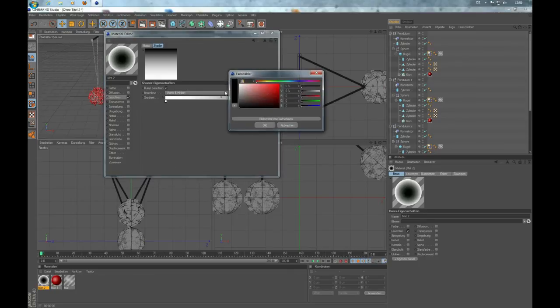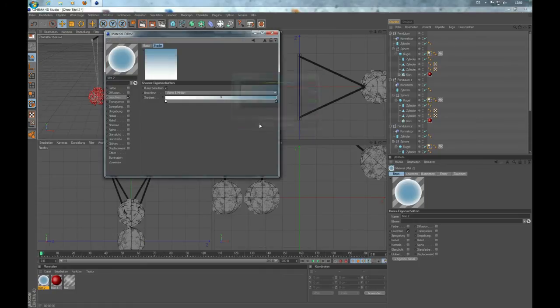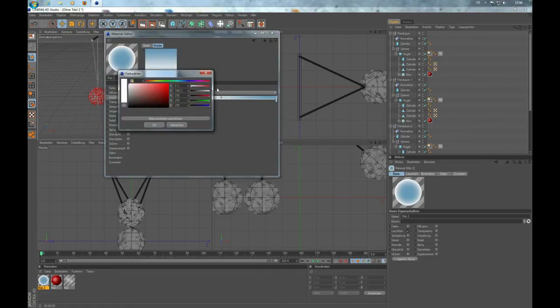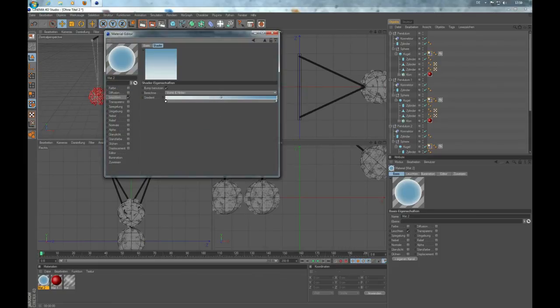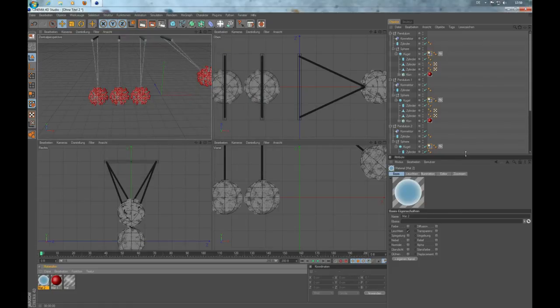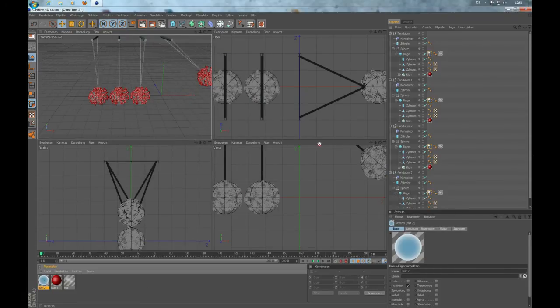Let's take a color. Let's make it bluish, from bluish to a little lighter bluish color, something like that. Okay, and we take this on all of the spheres,